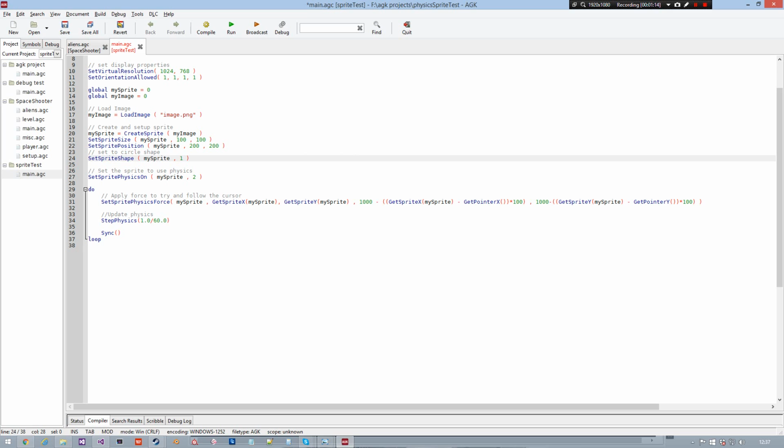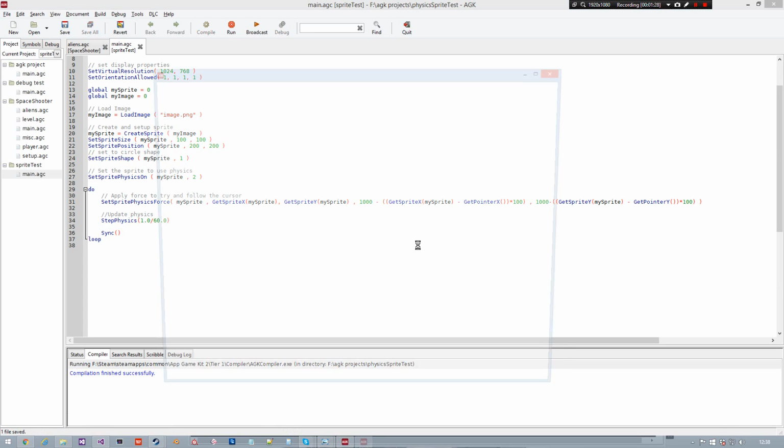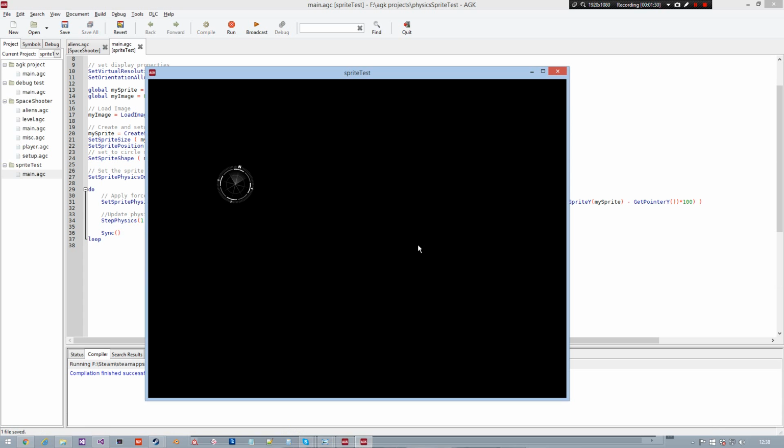And then lastly, before the sync, I'm updating the physics, so I'm stepping and going for 60 updates a second. So if we just run that, you'll see what it does. So there's our sprite,